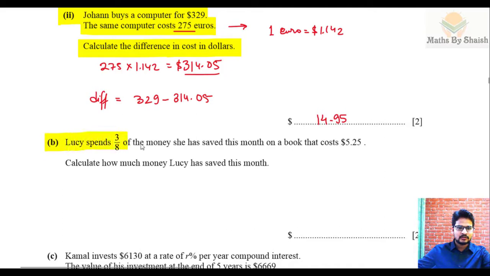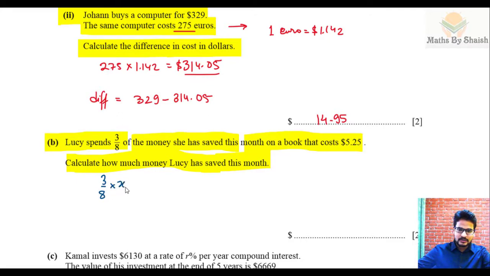Lucy spent 3/8 of the money she has saved this month on a book that cost $5.25. Calculate how much money Lucy has saved this month. So she has spent 3/8 of her money. Let's say she had X, that is what she has saved, and the 3/8 she has spent on buying the book, and the cost of that is